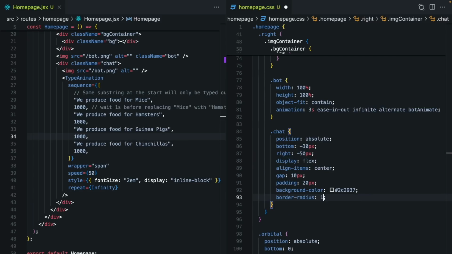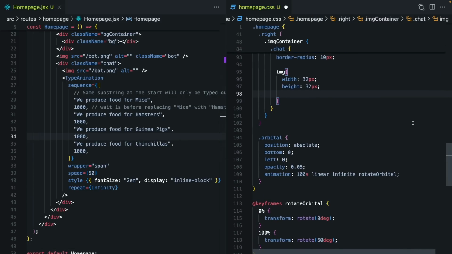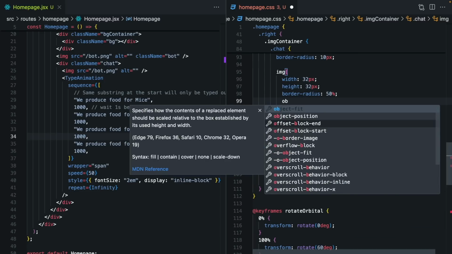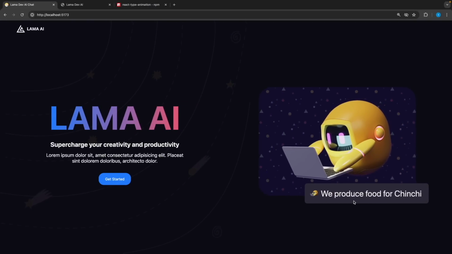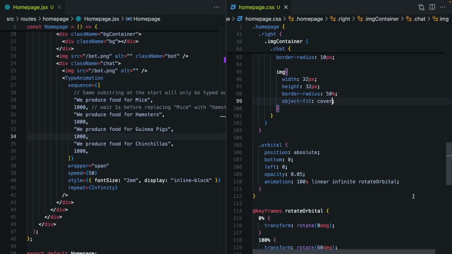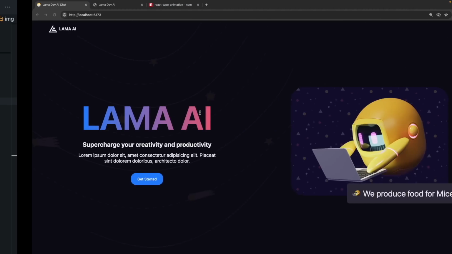And finally, border radius. Let's take care of our image. It's going to be smaller. It's going to be a circle. And the object fit will be cover. Okay. As you can see, it changes only this last word because our texts are not different. So let's say human, bot, human and bot. Actually, the first one will be,